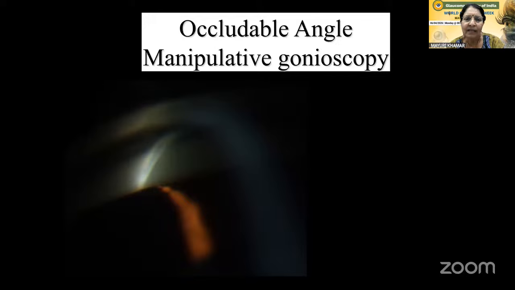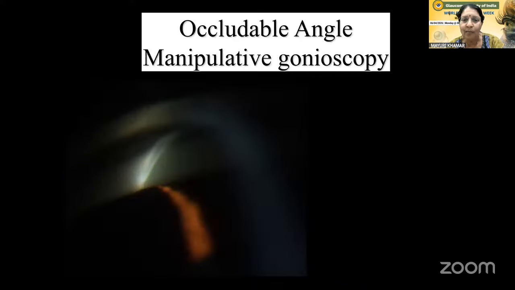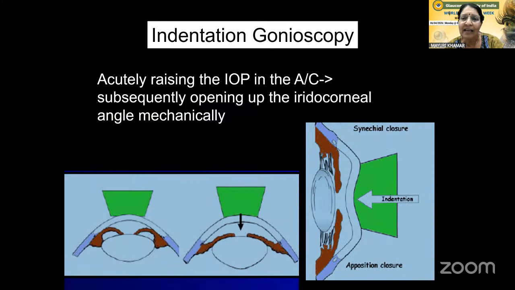Now, this is the classic example of manipulative gonioscopy. You can see the closed angle. On manipulative gonioscopy, the angle opens up. Now, indentation gonioscopy is done with the 4-mirror gonio lens, which is a smaller lens with